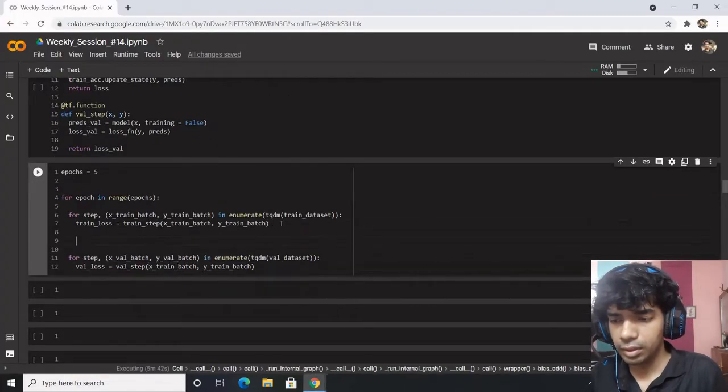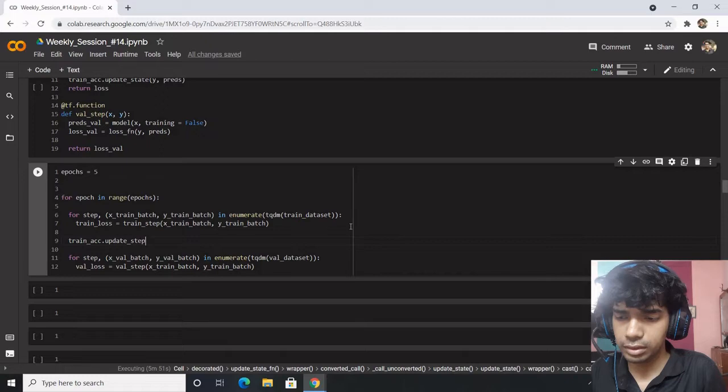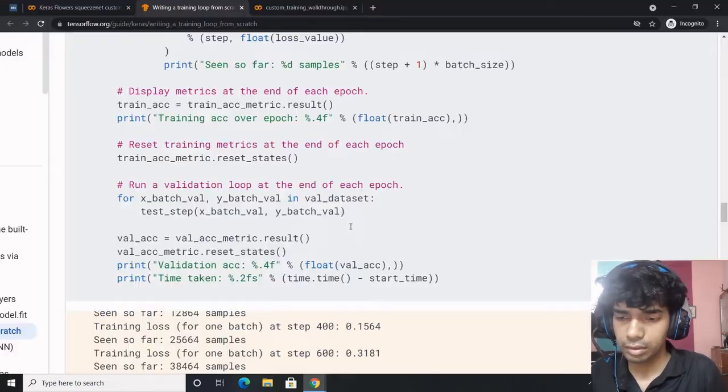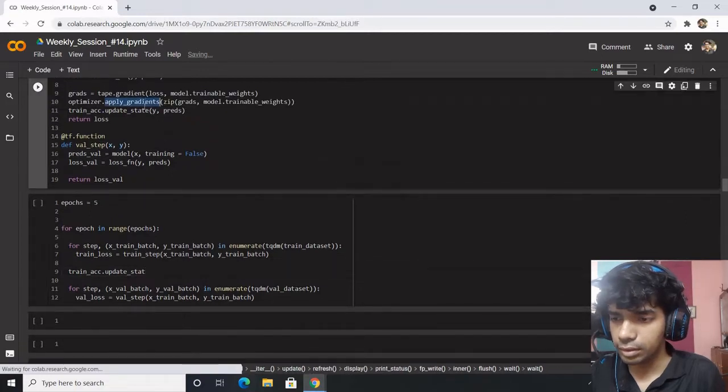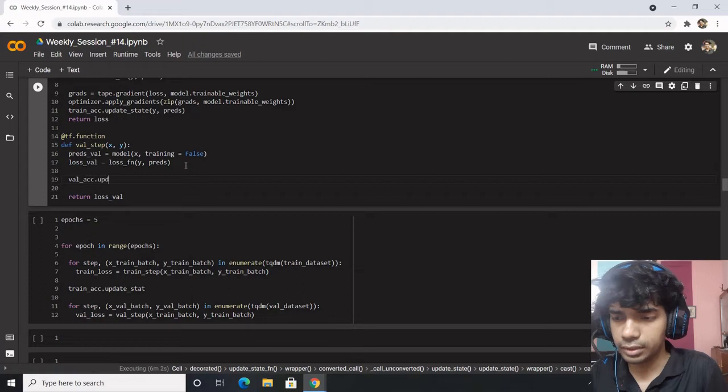Good enough. After the completion of one epoch of training, what we're going to do is update the training accuracy with update_state. We're going to update the state. Oh, we did the update step over here, and I forgot to do the validation accuracy update_state over here.